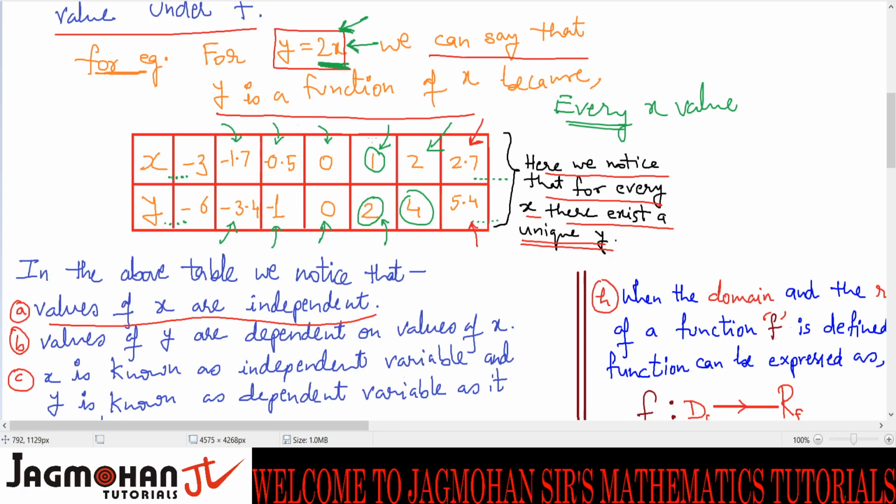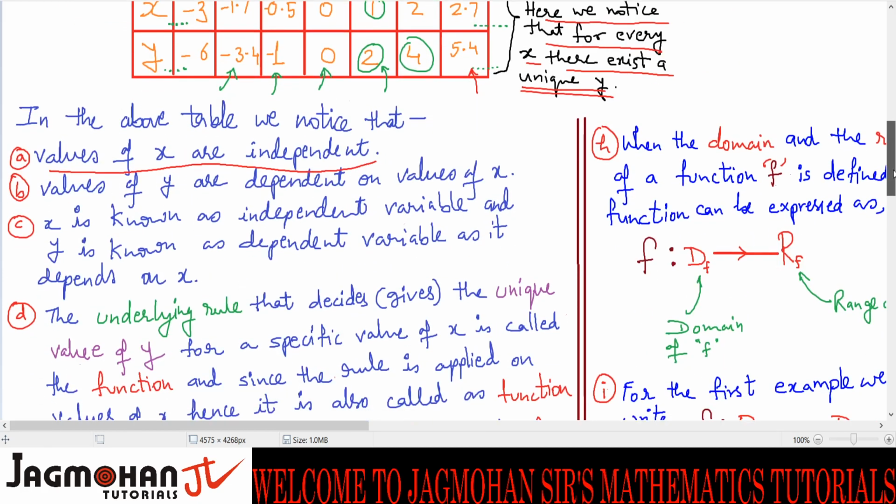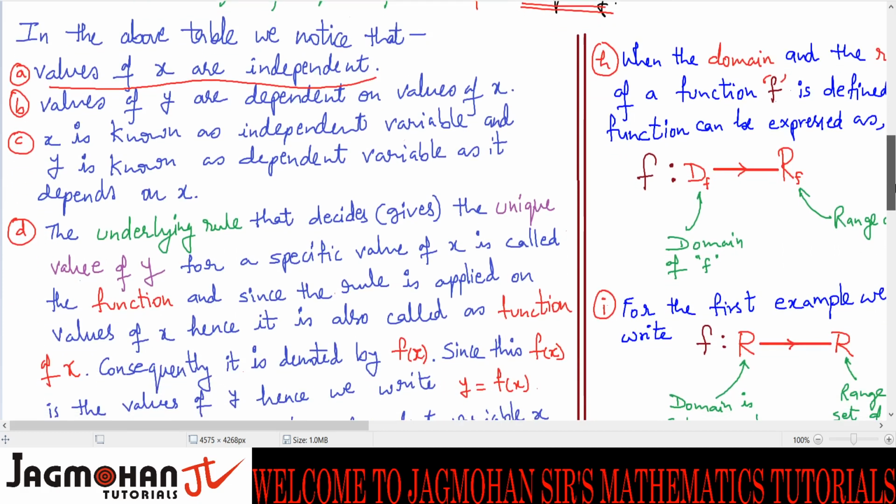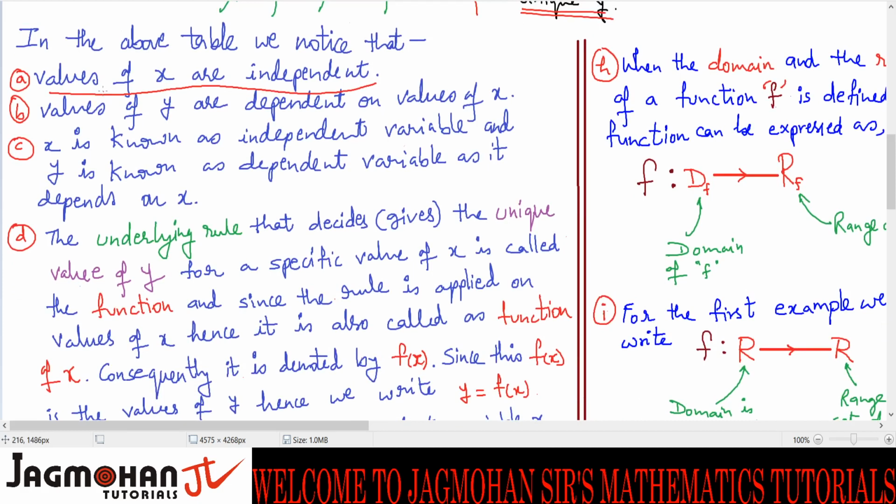The only difference will be that when it is a trigonometric function, the nature will be periodic. That we will see in lectures to come. For now, you have to understand the basics of one-one onto function, which we are going to very slowly arrive at. So on the basis of the above table, there are certain points which I have written and you all have